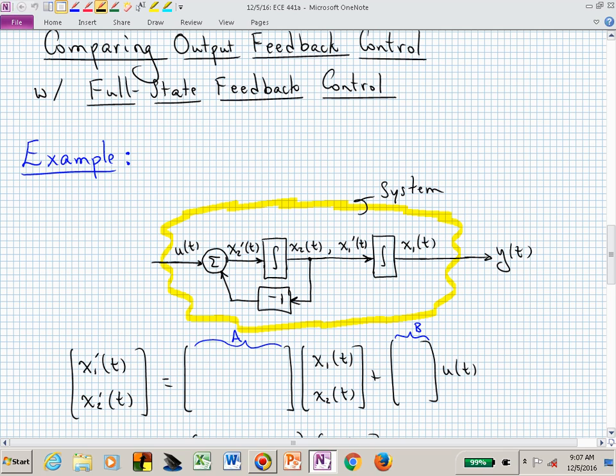Here's an all-integrator block diagram that you might be given, and it may not be labeled. It may have the output labeled Y, maybe the input is U, but the state variables may not be included on the final exam. And the question could be, what's the state space representation? Or provide an A matrix, a B matrix, and a C matrix. And if the diagram is not labeled,